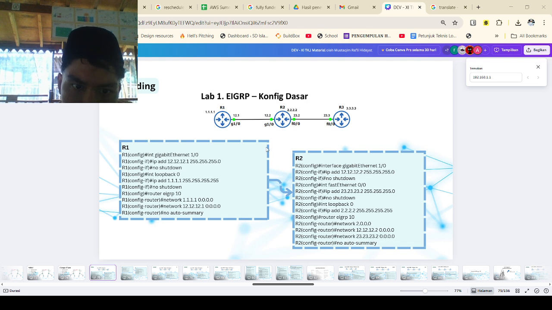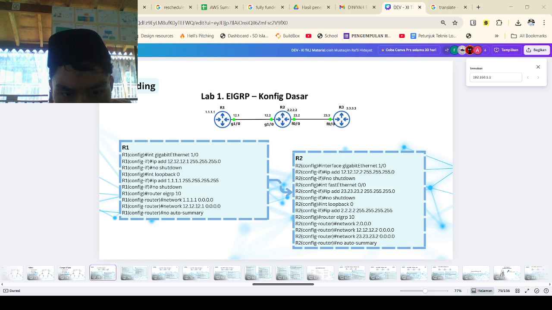What is it for? To make the three routers automatically become neighbors and exchange routes. Their deliveries map using EIGRP. So I'll explain how it works simply. Because R1 and R2 share the same EIGRP number 10 and are directly connected, they become neighbors and swap the networks they know. So the network line tells EIGRP which interfaces or networks to advertise. Now no auto-summary prevents old classful behavior, so the routers share exact subnets, not big blocks.